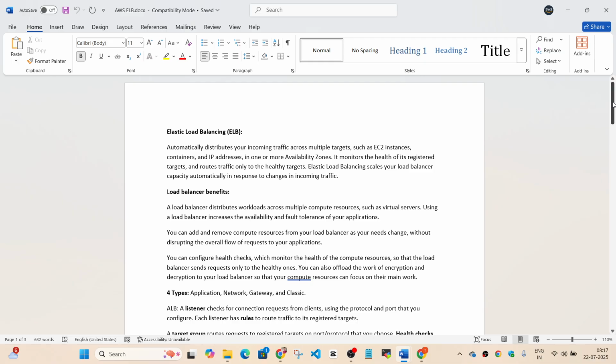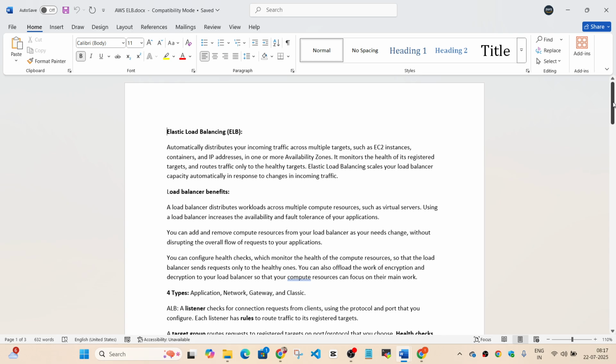From a definition point of view, whatever targets or machines or containers you have where you want to deploy your application, if you want to distribute the traffic among all those targets, and as I mentioned, the targets can be anything, EC2 instances or containers, you want to distribute the incoming traffic from users to all those various targets as part of your application deployment.